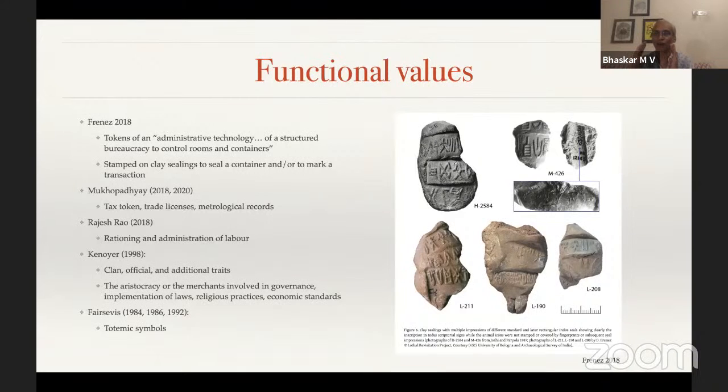We will narrow our focus in many ways. It is stamped on clay ceilings to seal a container. So the stamping on clay ceilings is what you're seeing as the image on the right, with the text on the left on the slide that I'm showing you now. So these seals, the unicorn seal or the elephant seal or any other seal that the Indus people make in their workshops, are used for stamping on clay, like we see in front here.